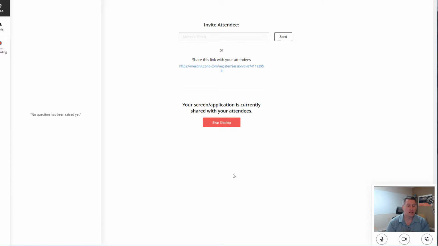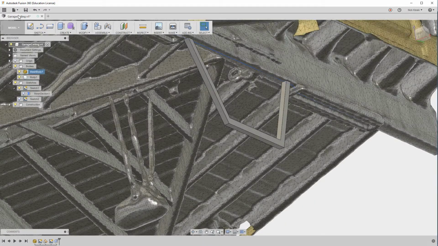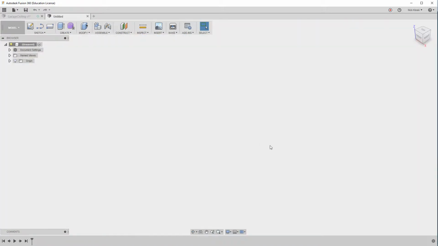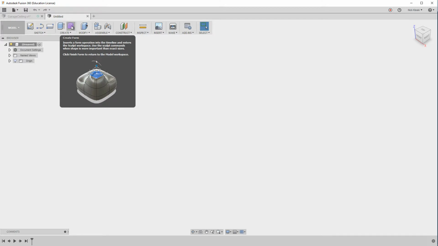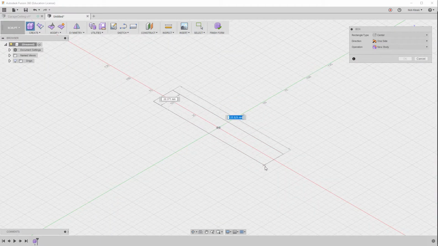Well, if nobody has any questions online, I just wanted to talk about one more thing in Fusion that I found is very, very useful. And I switch back to Fusion here. A while ago, we talked about creating some text on curved surfaces in Fusion. And just one of the updates, I get this question actually quite a lot because it's a normal thing to ask for. But here's a new way that Fusion makes it a lot easier than it used to be. I'm just going to go into the create form area right here and create some sort of box